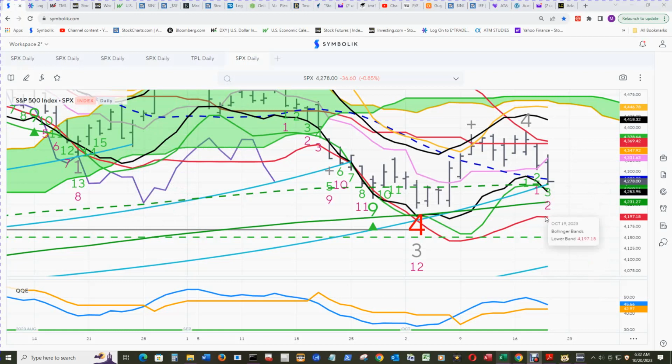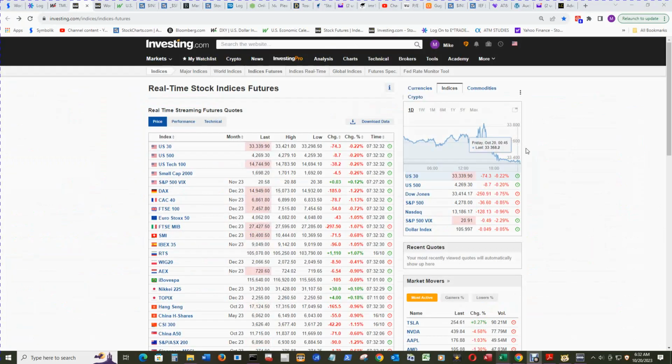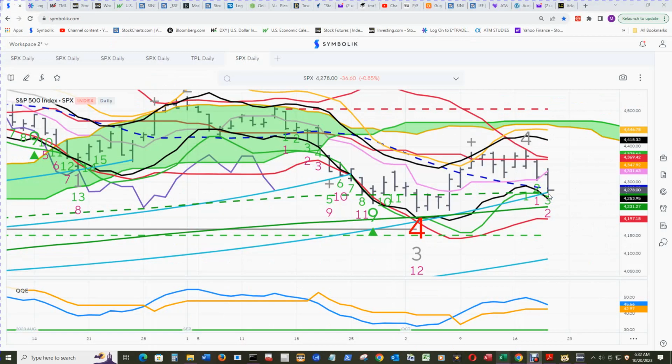And I'll be looking to the lower Bollinger Band here at 4197.18 and holding steady. And it's pretty close in the pre-market hours. It's still around 42.70. It's at 42.69. So give or take a couple of points, like back over here. Let's see that bounce to the upside. The lower Stark band definitely has a downwards trajectory, and the upper Stark band is starting to get its downwards trajectory. I don't like to see that at all.